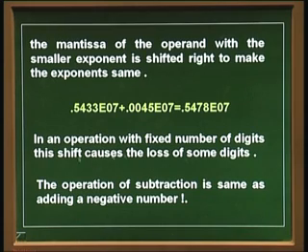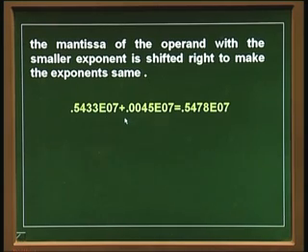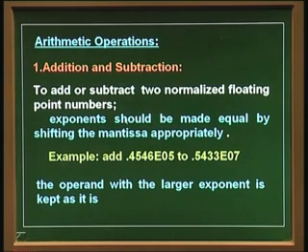Loss of some digits. Okay. So now this is the same way if you do the subtraction also. When we have to equate the exponents, we have to make them the same. So the result of that would be that we would lose some significant digit. So remember, as I said, the number was actually